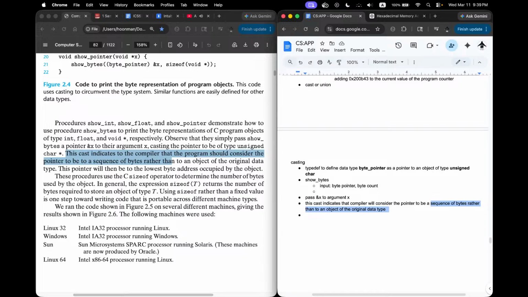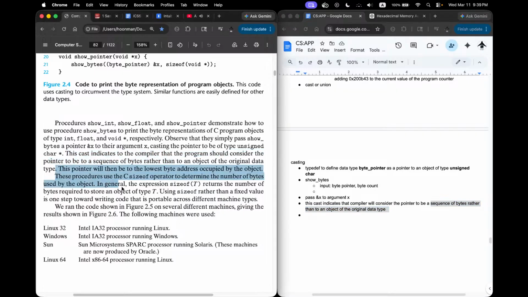Sequence of bytes. This pointer will then be